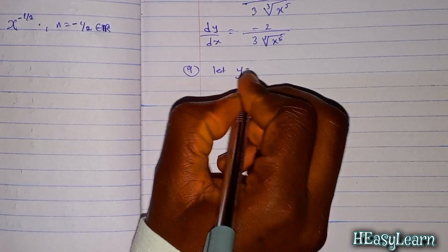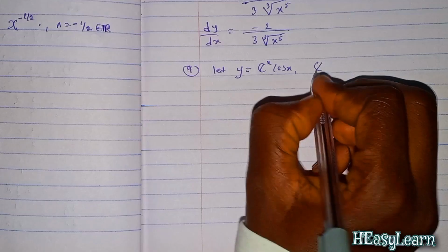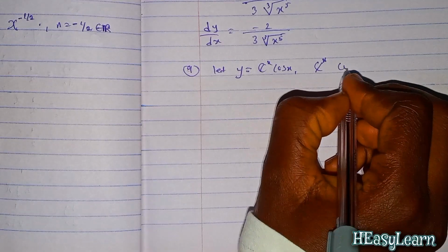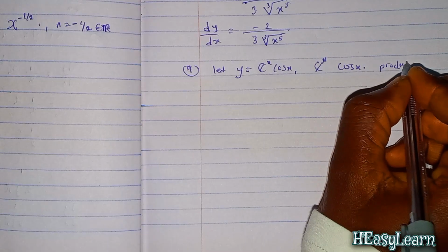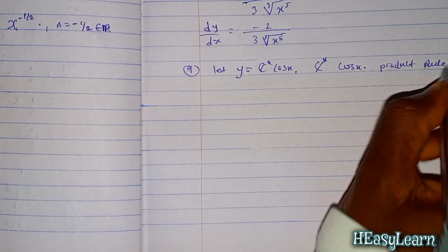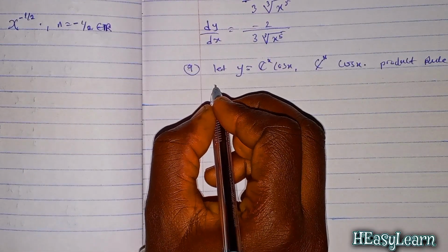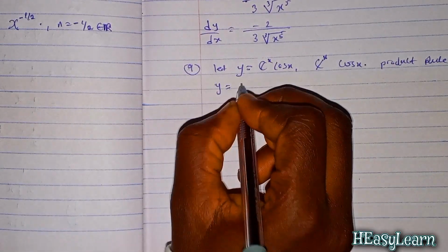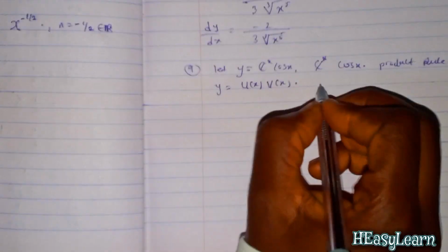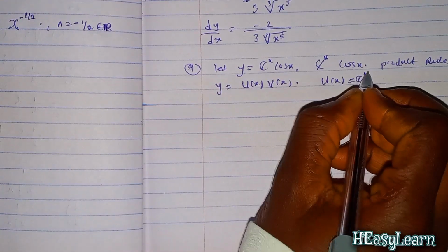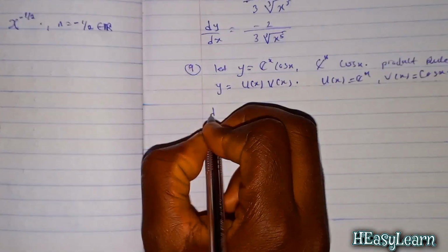Let y equal exponential x cos x. This is a product of an exponential function and a trigonometric function. In this case, I'm going to use the product rule technique to find the derivative of this function. By product rule, if y is given to be u of x times v of x, for which u of x in this case is exponential x, and v of x in this case is cos x, then